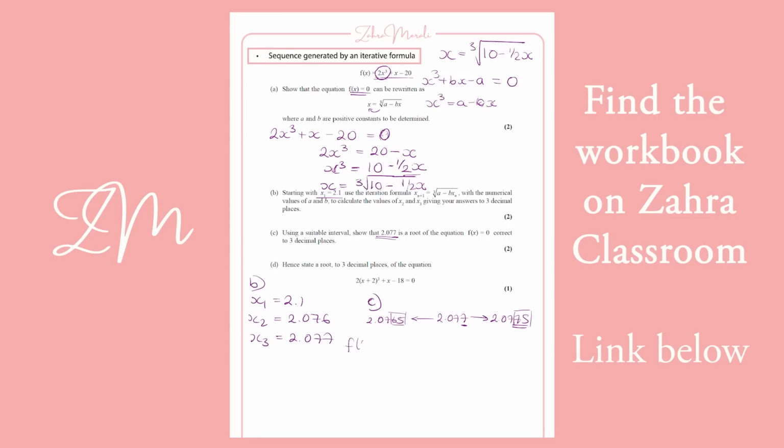So you're doing f of 2.0765, which is going to give you minus 0.016, which is less than 0. And if we put it into the other end, I get 0.001, so greater than 0. And then I have to write a sentence. I have to write, as there is a change in sign, and the function is continuous,